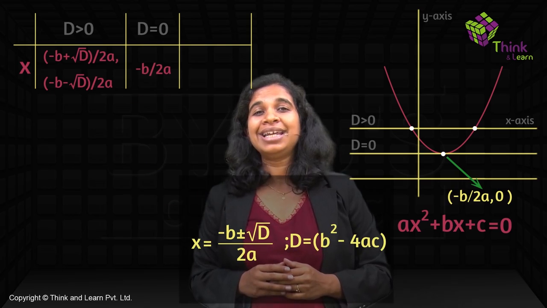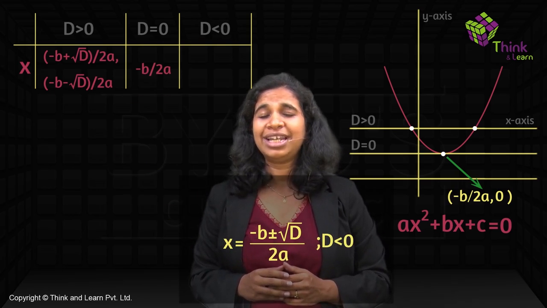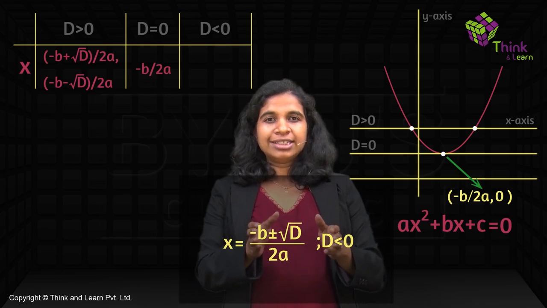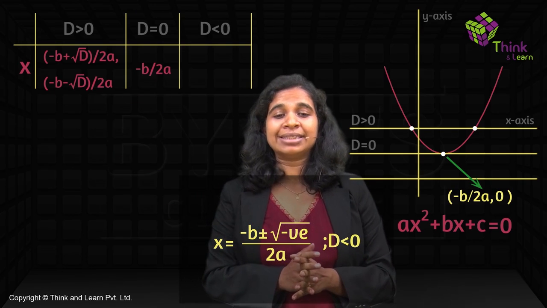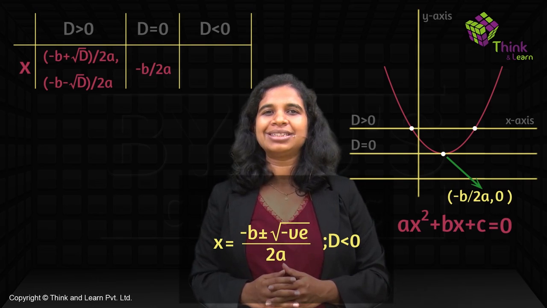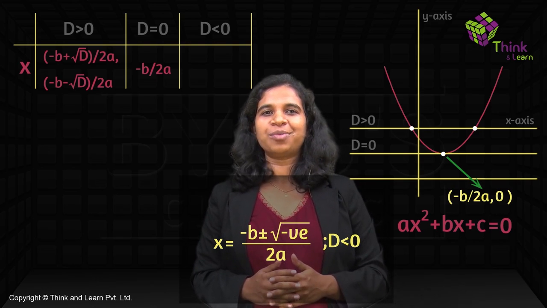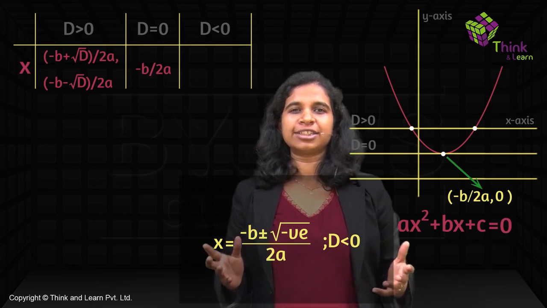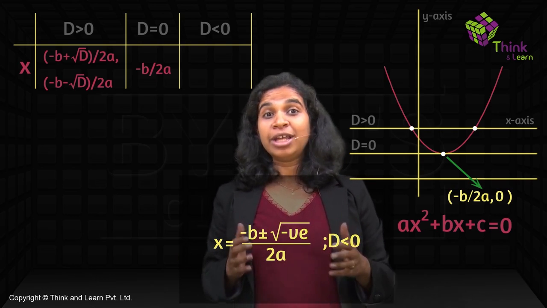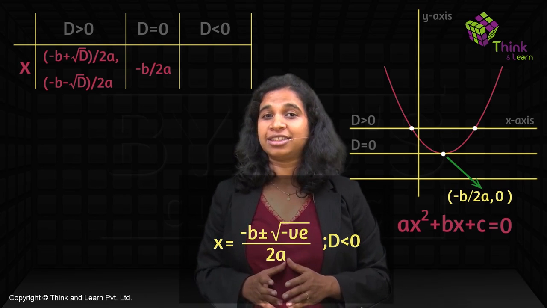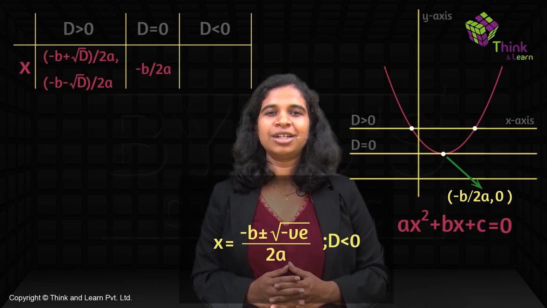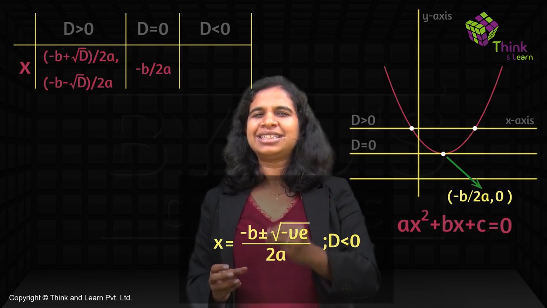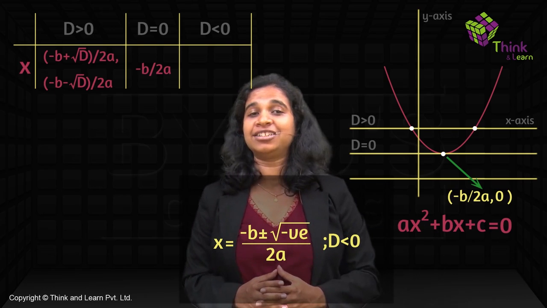Now what happens when d is less than 0? If d is less than 0, inside your root sign, you actually get a negative value. So if d is say minus 9, you're going to get root of minus 9. What is root of minus 9? Does not exist, right? At least in our vocabulary so far, root of minus 9 does not exist. Interestingly, in the world of math, root minus 9 does exist. Every number we think it does not exist just before we find out that it actually exists, right?